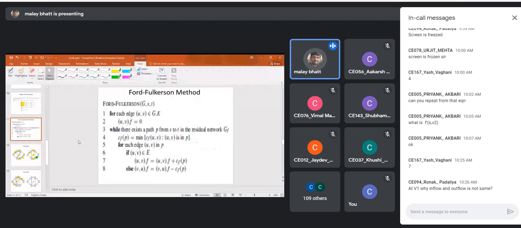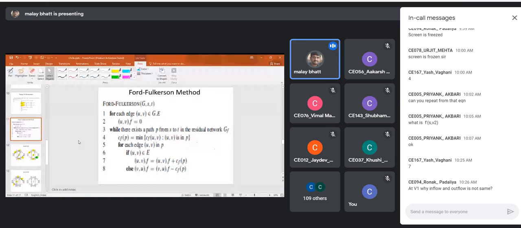So once you are getting that flow value, now we have to adjust the flow of the edges which are in the path. For each edge which is in the path, if that edge is a part of your original network, we'll increase the flow by the new flow value. We will add the flow value into the previous flow value, which is very simple.